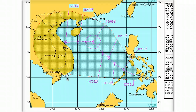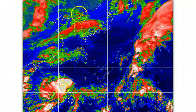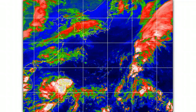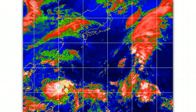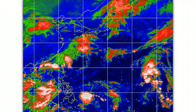And as we already know, we've seen these previous tropical systems this year seem to all bullseye here towards much of the Indochina region, not to mention the monsoonal rains have been kind of plugging the area. And also, as we look far to the north, you see some of these westerly lows tracking across Korea and over towards Japan. Well, these are going to bring in some precipitation by Friday evening into Saturday across much of Japan and the Honshu region, so you can be expecting to see basically a wet weekend out in that region. But for the time being, we'll continue to watch Tropical Depression Banyan here as it moves away from the